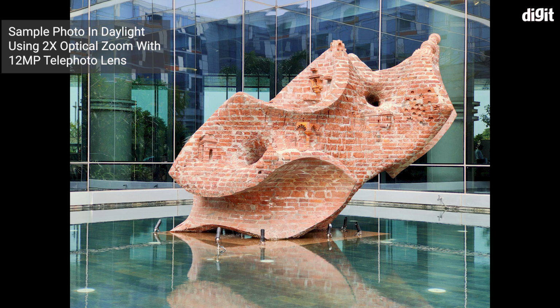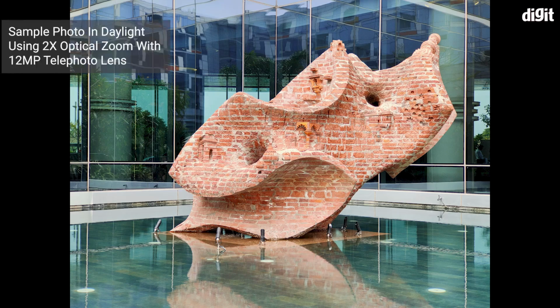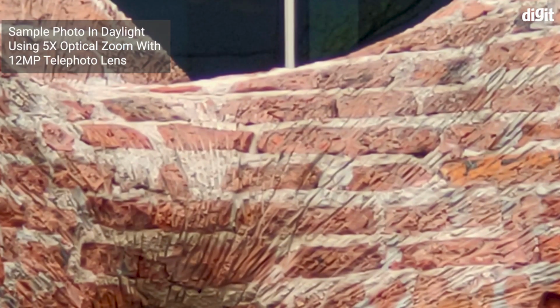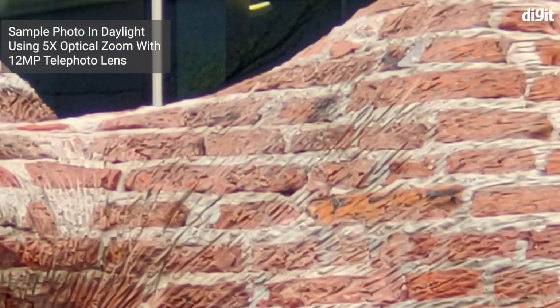So from the primary to the telephoto tends to have a slightly slow shutter, but the one on the Realme 6 Pro is actually quite prominent, and you might not enjoy it if you're taking a photo of a moving object, and you might just miss that shot. So that's there. Zoom again, like I said, is only good at 2x, as you can see from this sample, but the moment you move to 5x you have a big loss in the amount of details that you get in your